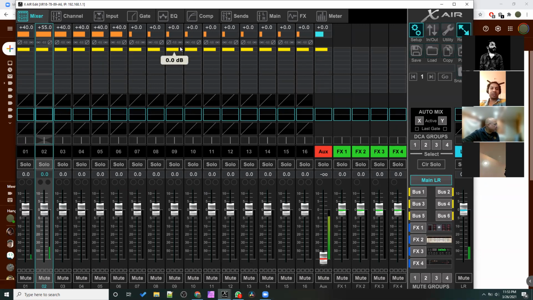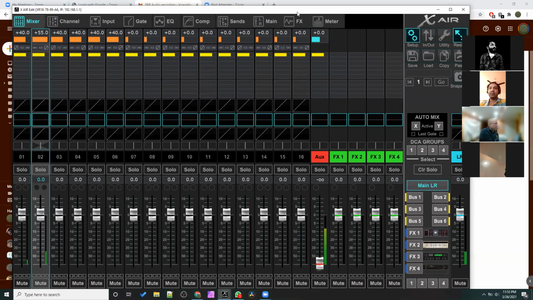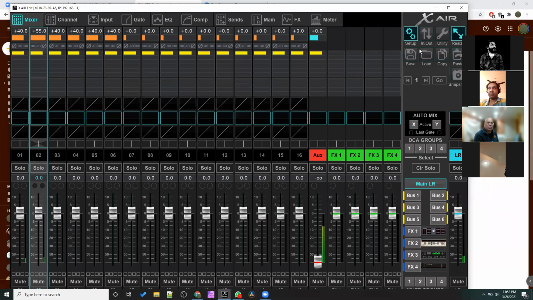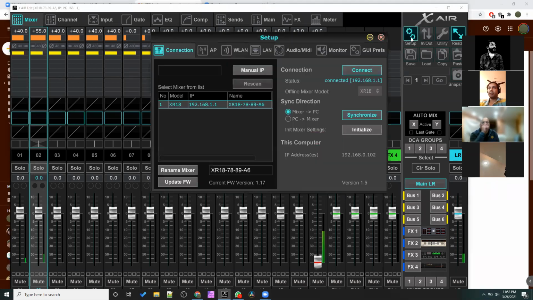So what I'll do is initialize it to the factory default, so that we can see how it actually looks. Okay. So if you look at this interface, you see setup here. Okay, the setup button here. Yeah. Okay. Once I click on this, you get the